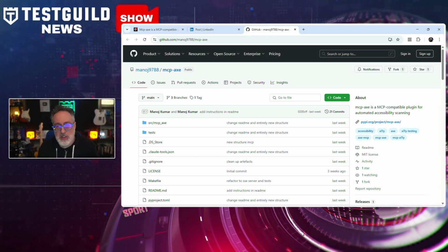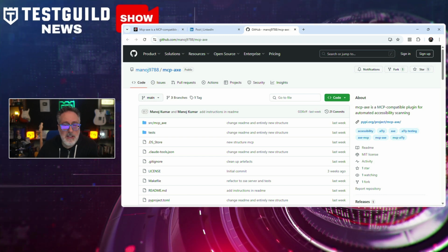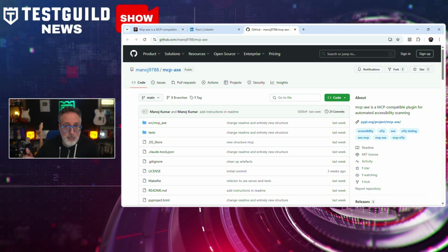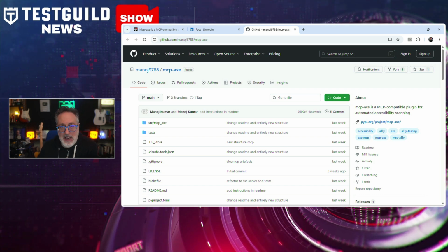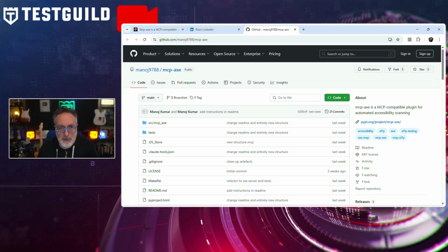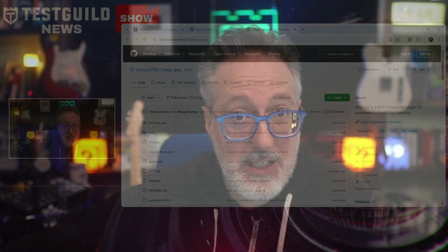Also on LinkedIn, Manoj mentioned he developed the plugin over Easter break to enhance his hands-on understanding of agentic systems and contribute a practical solution for integrating accessibility into modern AI-powered UI development and testing workflows. And even better, the plugin is now publicly available on GitHub as well, and you can find it using the